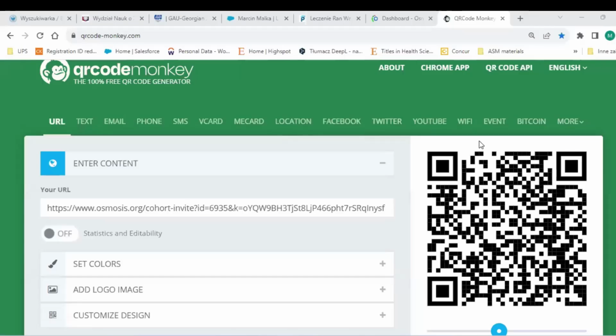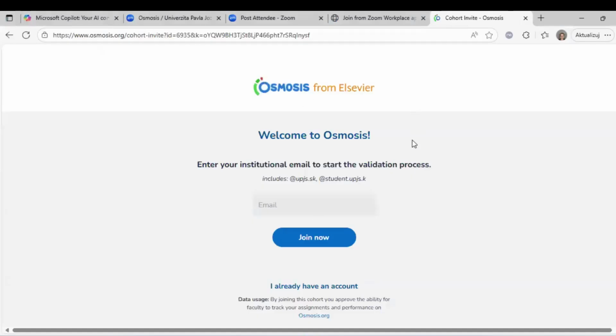If you jump into the meeting chat, you will find the link, also the QR code for registration in Osmosis. You have this trial opened at your university, so you need to follow that registration link. When you click the link, you will see this interface, and then you need to register your account by putting your school email with your school email domains, right? So only school email domains are